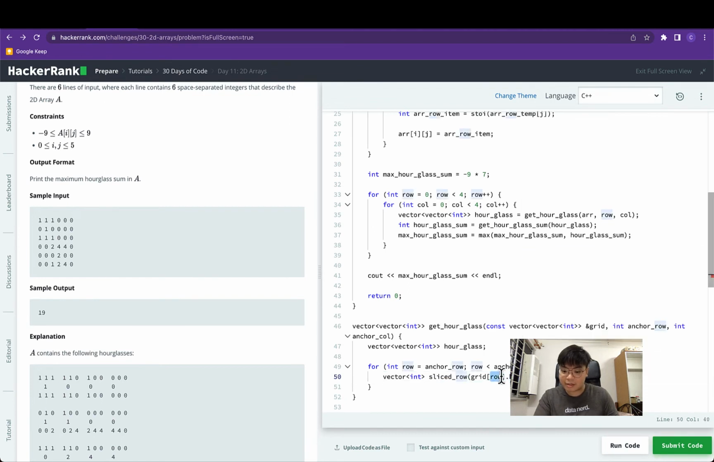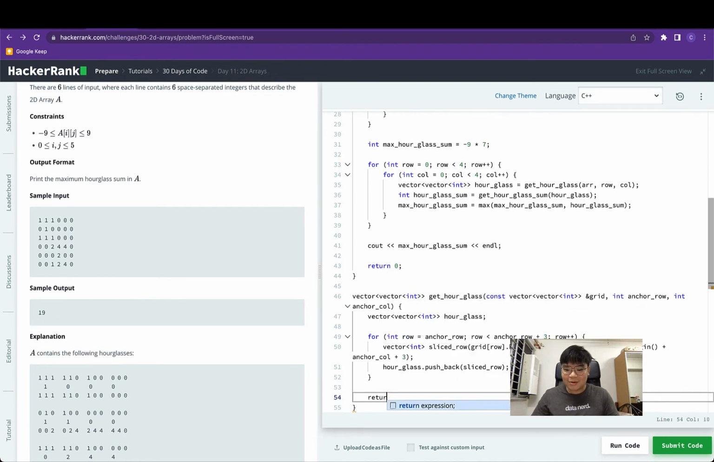Sorry, this is grid. Yeah, this is actually correct. This is row. So row.begin plus anchor column plus 3. With this, we will get the first 3 column elements from the given anchor column. Once we are done, we can take this hourglass and push this current slice row inside. With that, at this step, we get the hourglass and we can return this back to the caller of